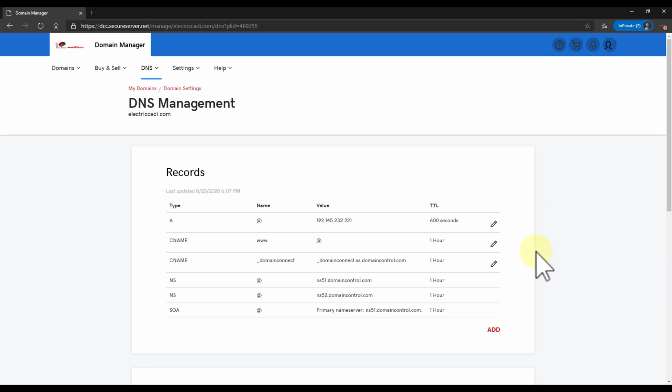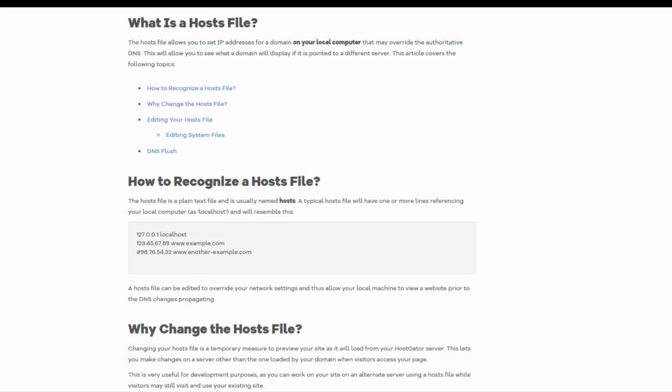Now, another way to go, if you want to keep the old site operational, the old host operational, is to simply edit your hosts file. And if you're not familiar with your hosts file, basically it's a little text file that was built and thought of years ago before DNS was a thing. And yeah, it's literally that old. It's basically when you created a list of all of the sites that you'd want to go to for various reasons, and you did it manually. Now I'll show you that,